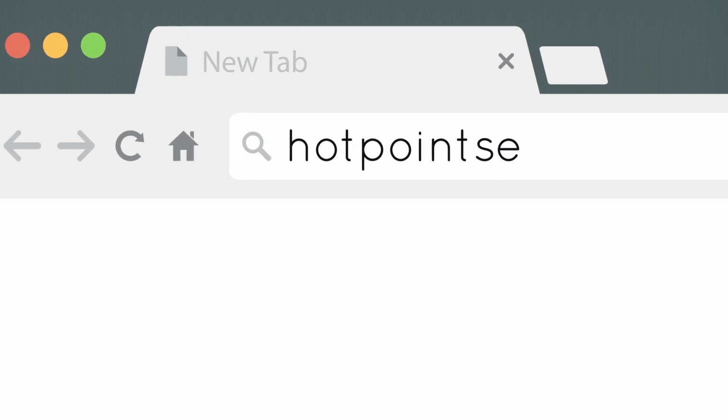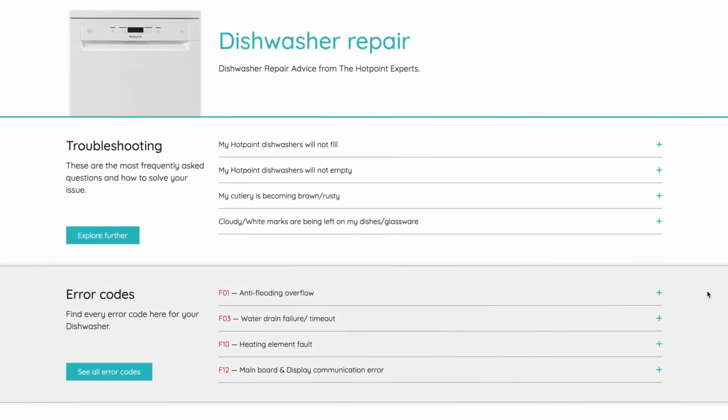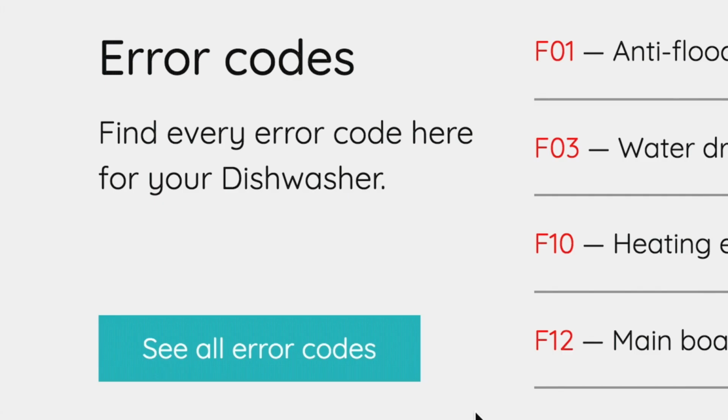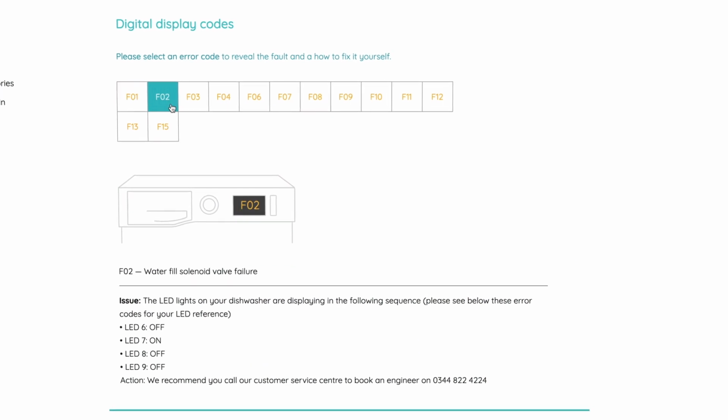Before I begin though, if you need assistance with anything mentioned in this video, the best place to go is the Hotpoint Dishwasher Error Code support page. This page has everything you need to know about Hotpoint dishwasher errors, how to read them, and what to do